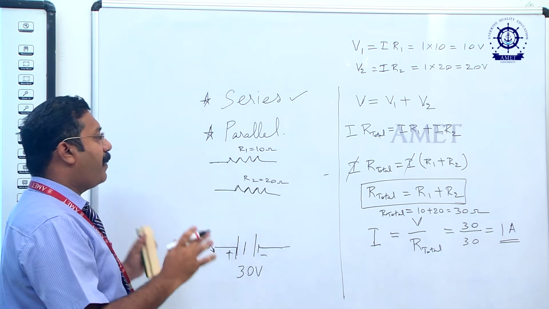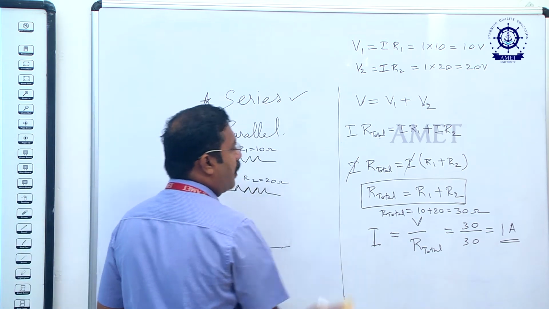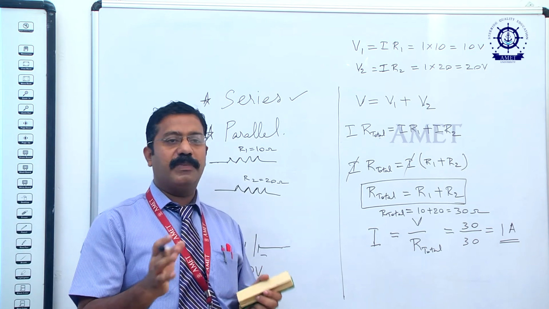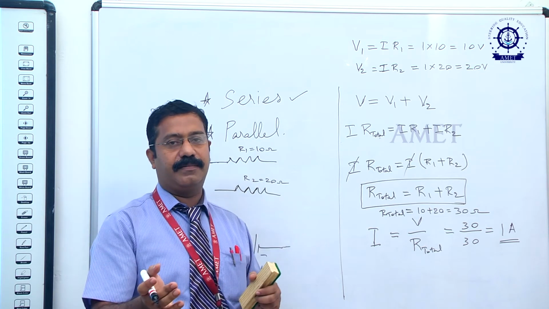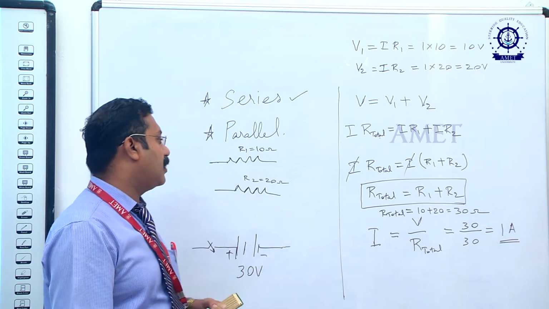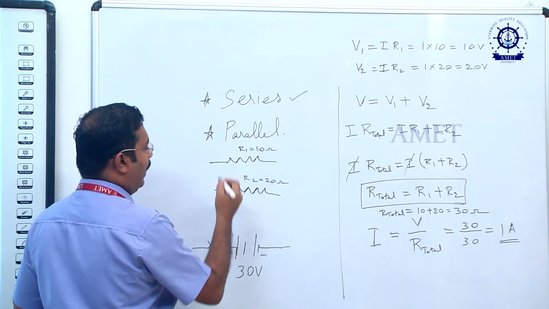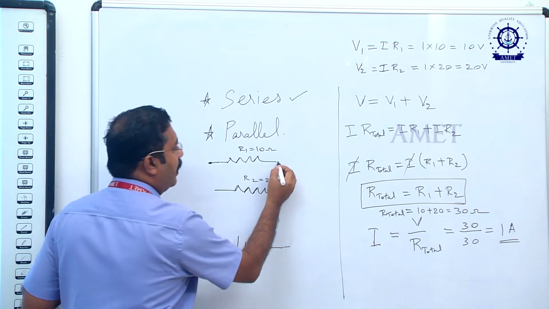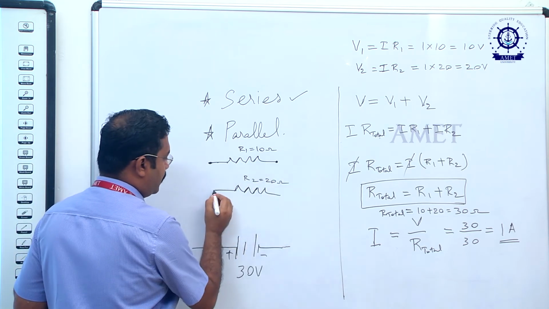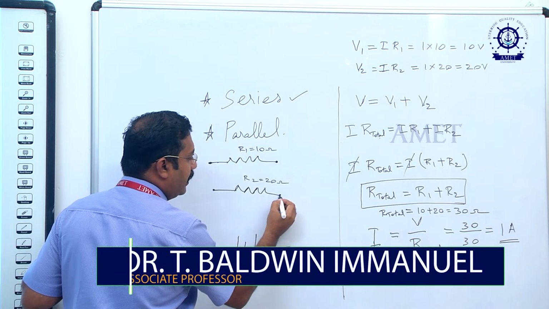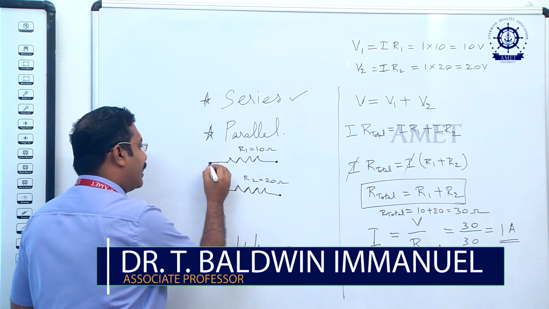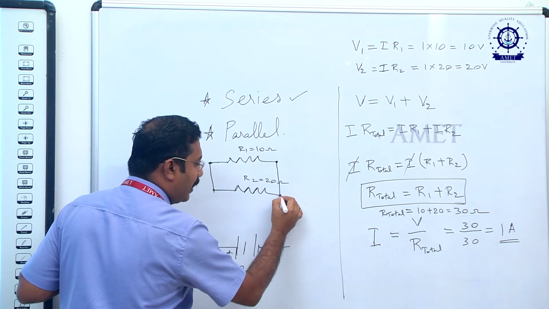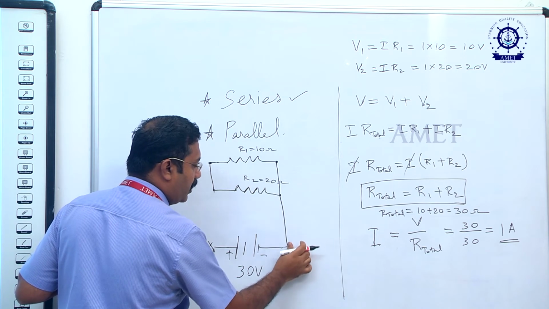Okay, now in a parallel circuit, how are the resistances connected? See, in a series circuit we saw that all the equipments are connected one after the other, but in the case of a parallel circuit, they will be connected in parallel. That means, the starting terminal of the first element, the ending terminal of the first element, the starting terminal of the second element, the ending terminal of the second element. I will be connecting all the starting terminals together, and I will be connecting all the ending terminals together to the supply voltage. Okay,